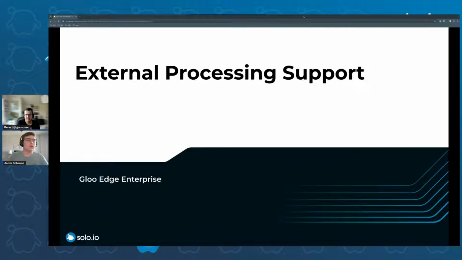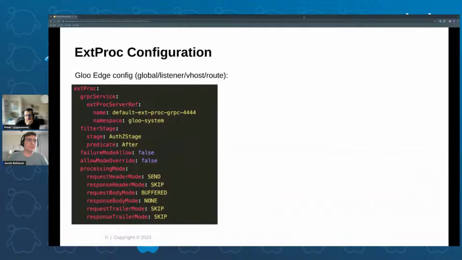All right. I'll touch real quick on the support that we have for Glue Edge for the external processing. Support was first released with 1.15 of Glue Edge Enterprise, and it could be with Edge configuration. You can configure an external processing filter,